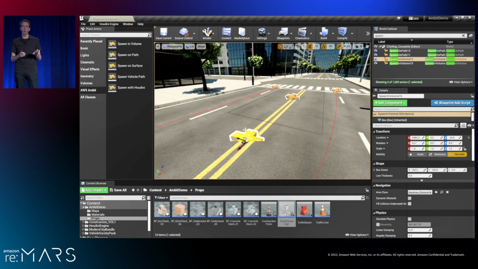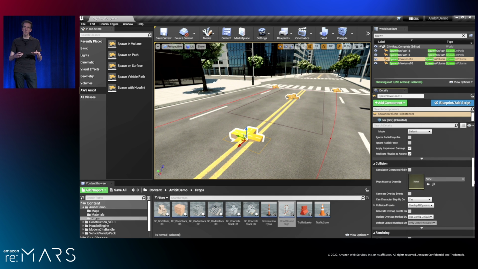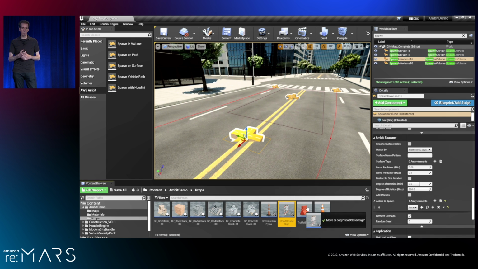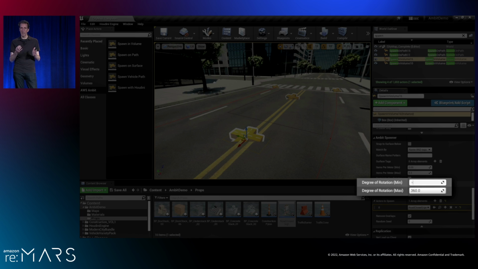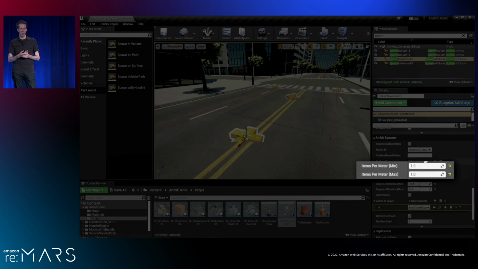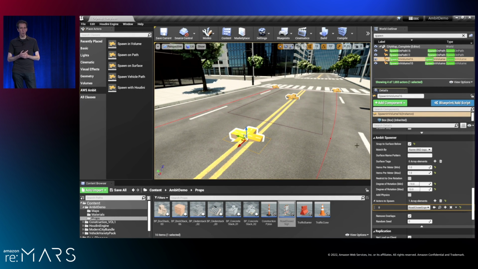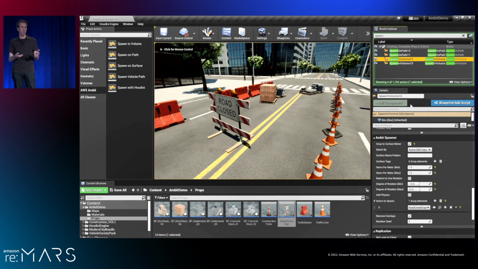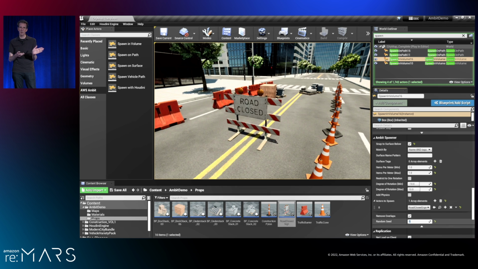You can also use this same tool in creative ways. So I'm going to use that tool now to place a single item, a road closed sign, within our scene. This time I'm just setting it to a very tight bounding box. I'm going to add the road closed geometry that I want. And again, use that min and max angle to position it so it's always generally facing the same way. And I'll set the density to exactly 1. Now when we preview this tool, we get that single road closed sign, but the variations all put it in a slightly different position, but in the same general area.